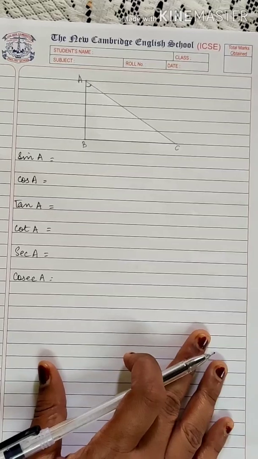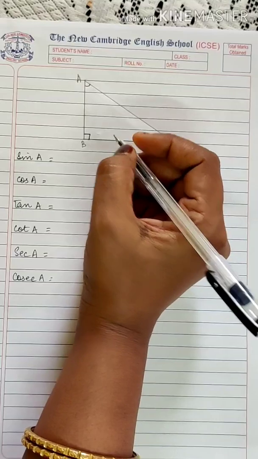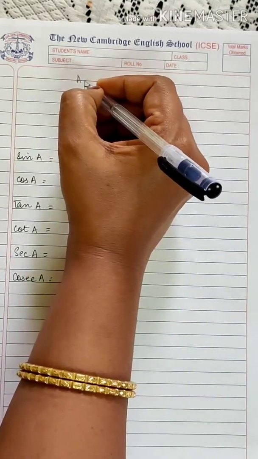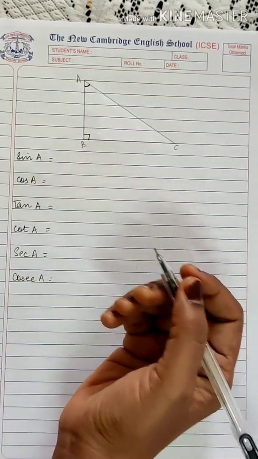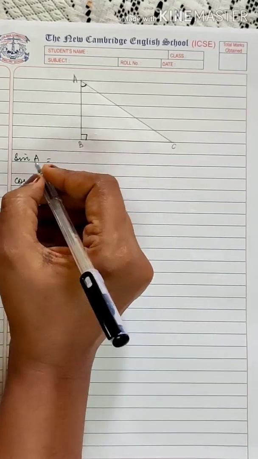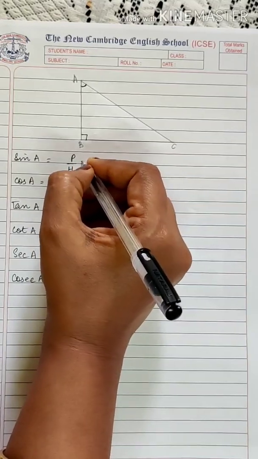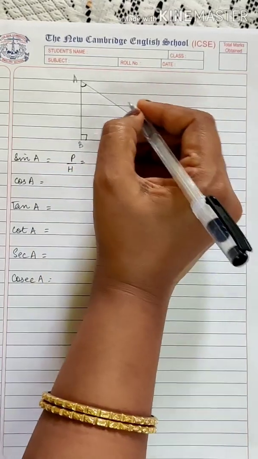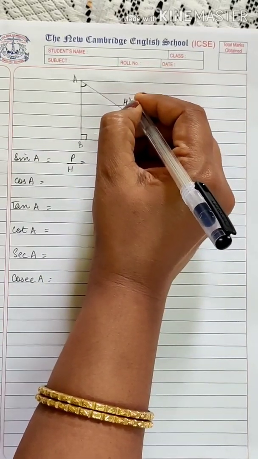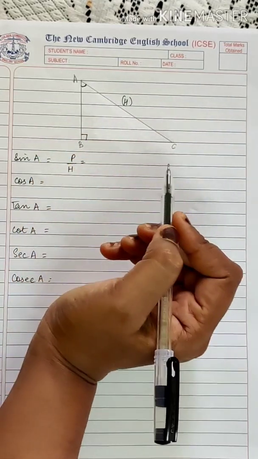In this, here again I have a right angle triangle, triangle ABC, which is right angle at B. Here the angle of reference is angle A. Earlier the angle of reference was angle C. Now in this case, you know sine is given by perpendicular by hypotenuse. Before that, we will mark what is hypotenuse in this. Now hypotenuse is the side opposite to 90 degrees. So AC is your hypotenuse.